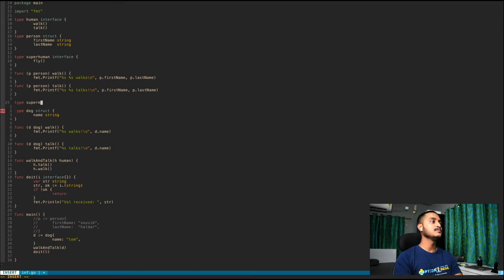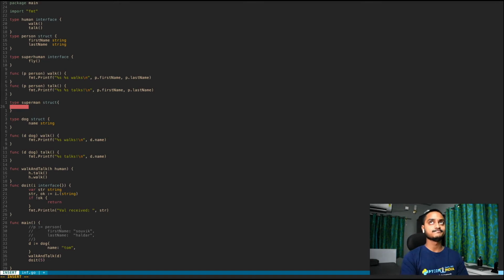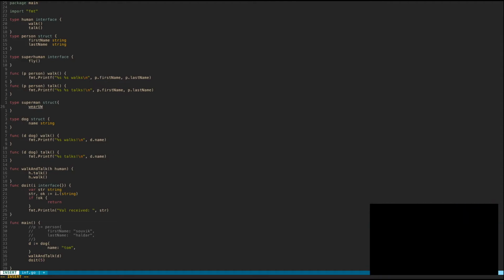Superman is a struct with no... what extra property can it have? No, that would be a bad example. Anything, let's say, wearing underwear outside, which is of type boolean, and the extra method that we can have is